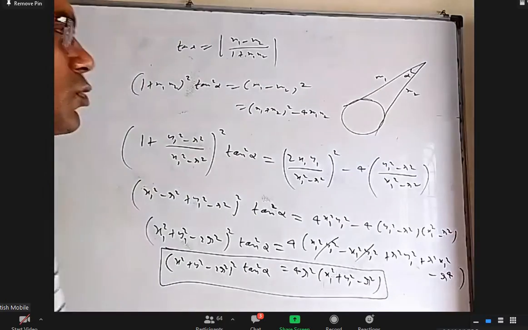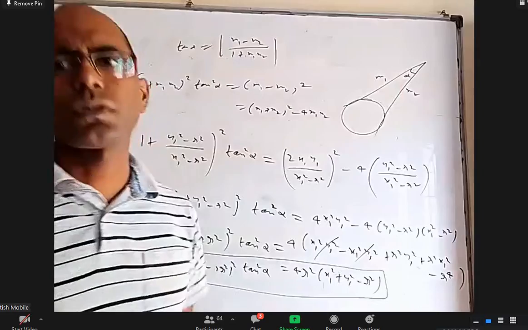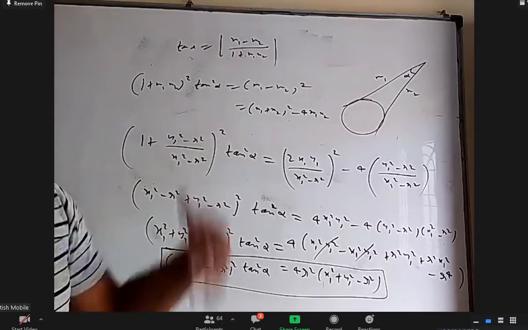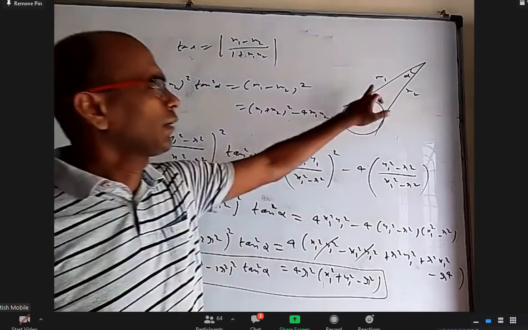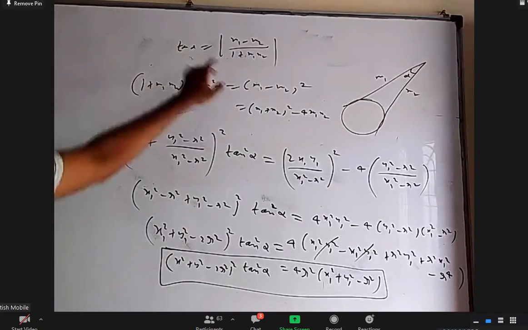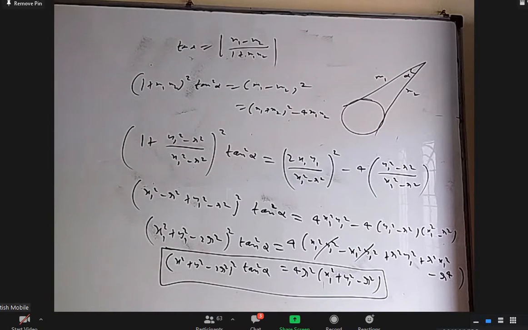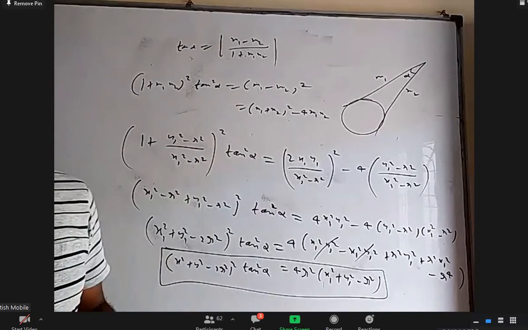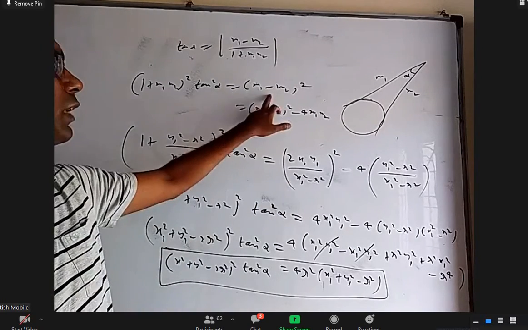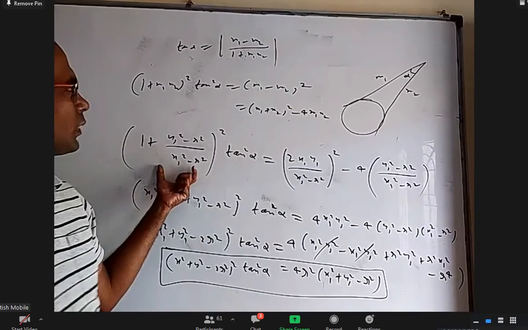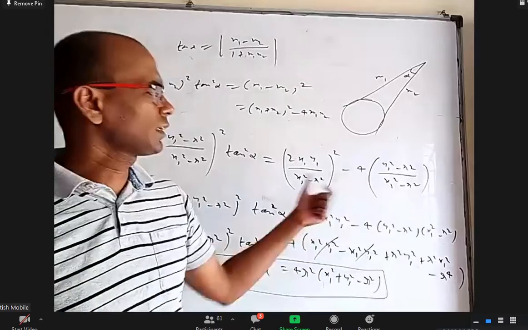So in the beginning, we had questions where the sum of these two slopes is constant, the product is constant, the sum of the reciprocals is constant, or alpha is 90 degrees. Now, M1 is variable, M2 is variable, but this alpha is constant. So we use the first year formula tan theta equals mod of M1 minus M2 by 1 plus M1 M2, square it, expand, and we don't know the difference of the roots, we only know the sum of the roots. So we wrote (A minus B) whole square is (A plus B) whole square minus 4AB. Substitute the product of the roots here, so sum here, product here, sum here.